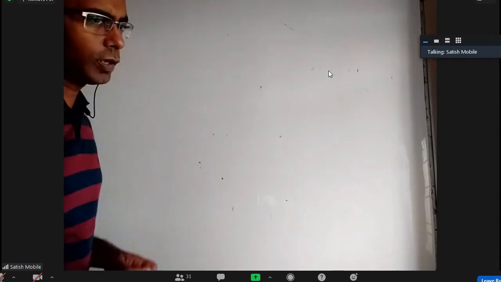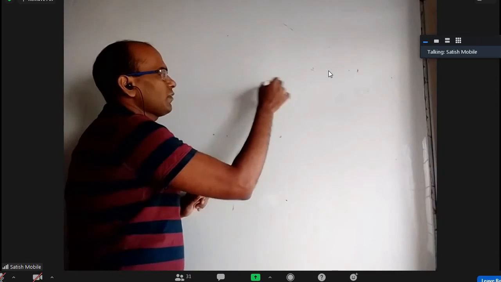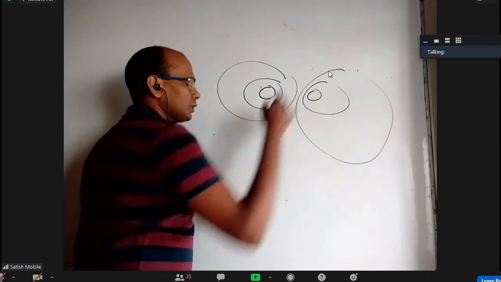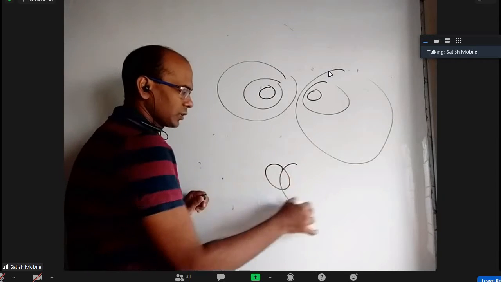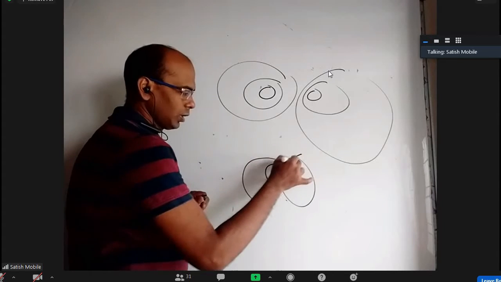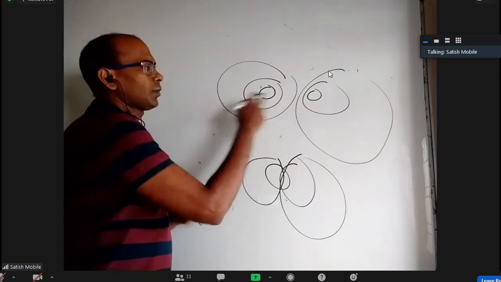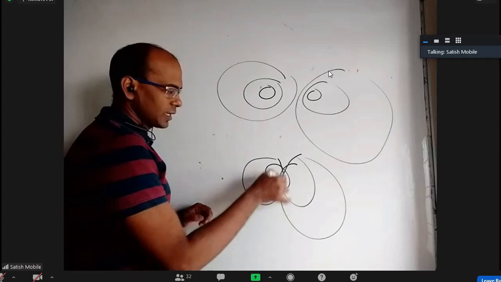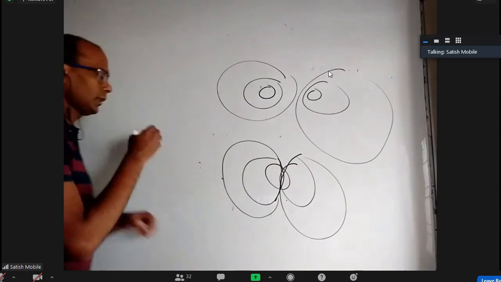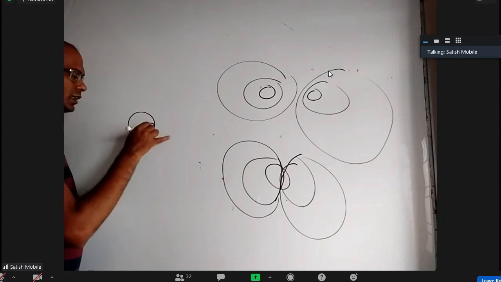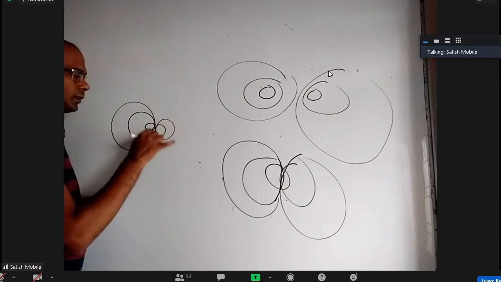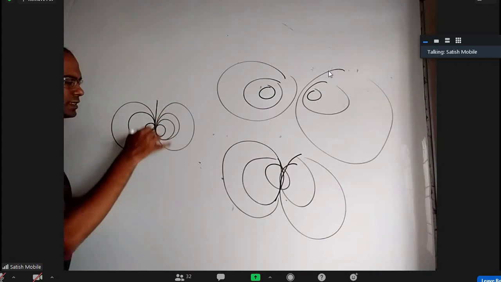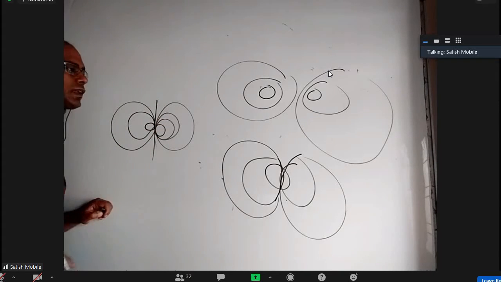Okay, radical axis I already explained. If you have a family of circles, there are three different types of family of circles. All are coaxial systems of circles. That is, among this family, you take any two, and they have the same radical axis. Among all these circles, you can take any, and the radical axis is the same. Or let us say so many circles are touching, then also their radical axis is the same.